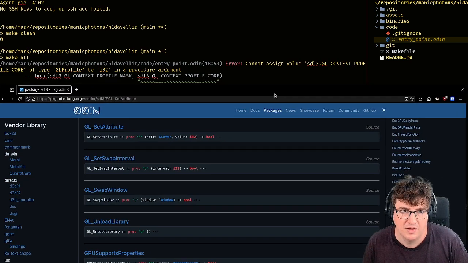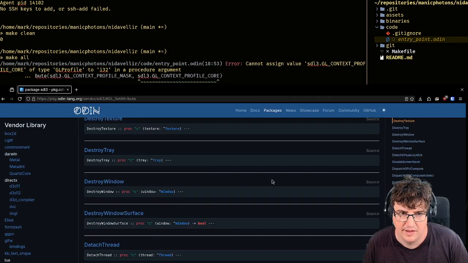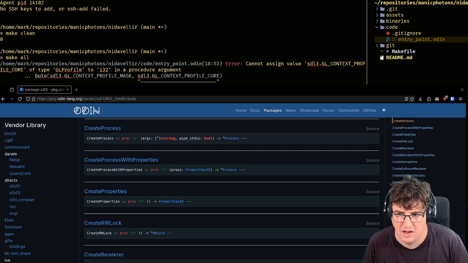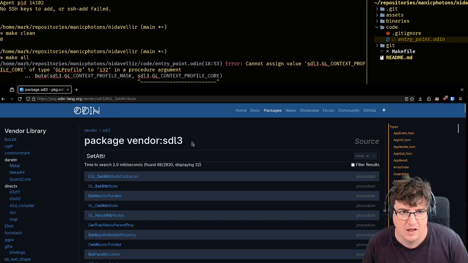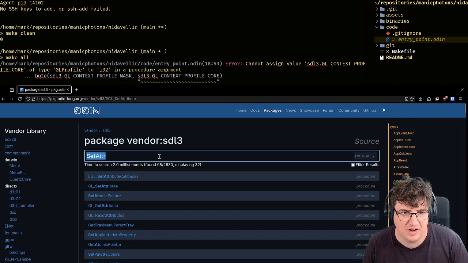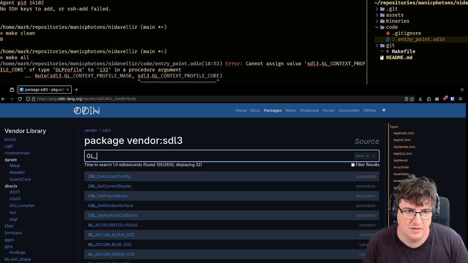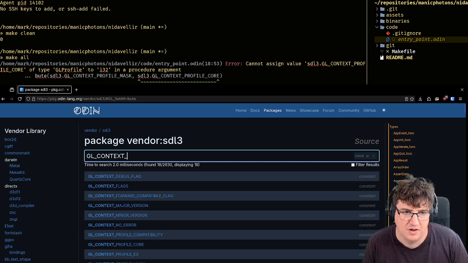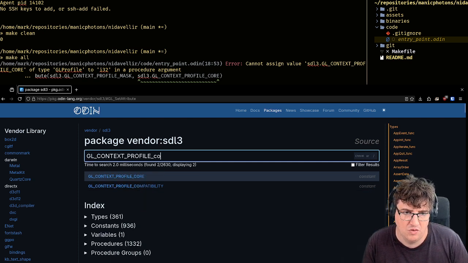Okay. This is good, we're actually getting places. So, GL context profile core.